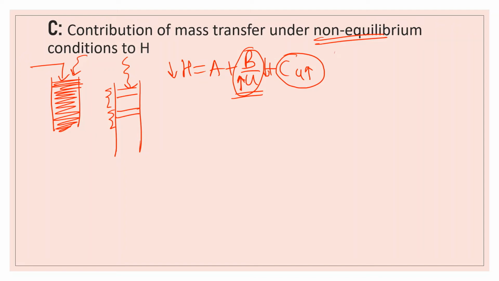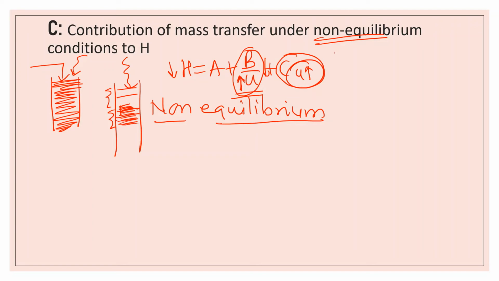Okay, that means it is leading to non-equilibrium. If I increase flow rate, there is non-equilibrium. There is no complete transfer of solute or no complete exchange happening of solute at each plate. So some traces of the solute will always remain behind, and that will keep on increasing the bandwidth.